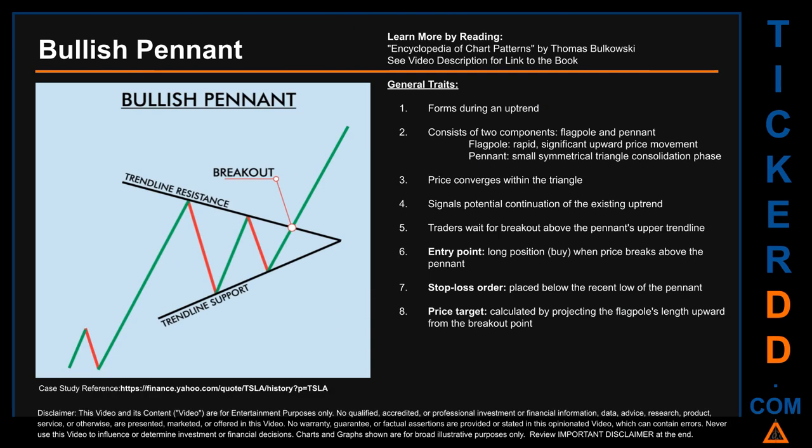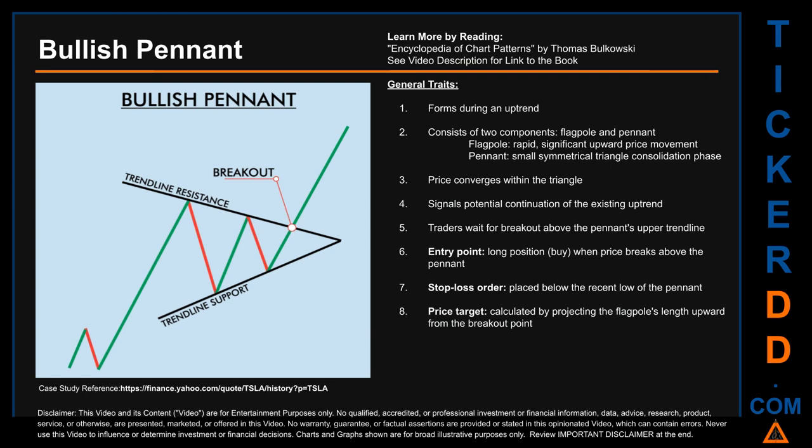A bullish pennant is a chart pattern in technical analysis that signals a potential continuation of an existing uptrend. It typically forms after a strong upward price movement, followed by a brief consolidation phase. The pattern is called a bullish pennant because it resembles a small triangular pennant flag on a flagpole when viewed